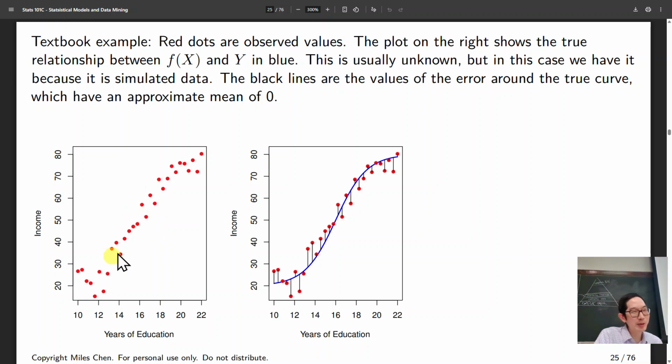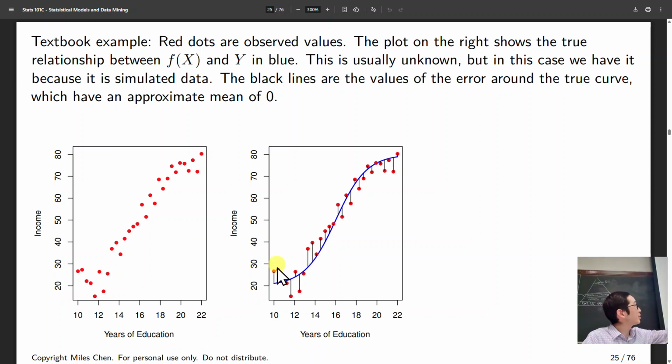But anyway, we have these input values and some output values. We create a scatter plot, and then we say, all right, we want to fit some kind of line here, okay? Or in this case, we're going to say there's actually a true relationship represented by this blue line, okay? And this true relationship in blue is going to be unknown to us, but we plot,